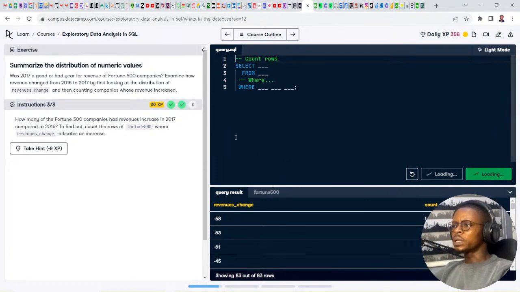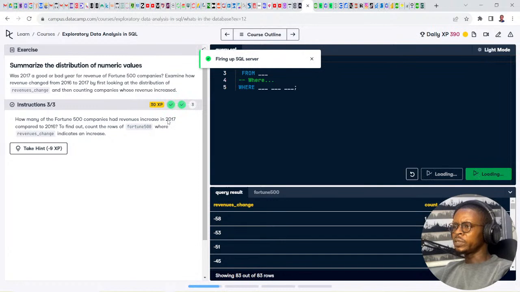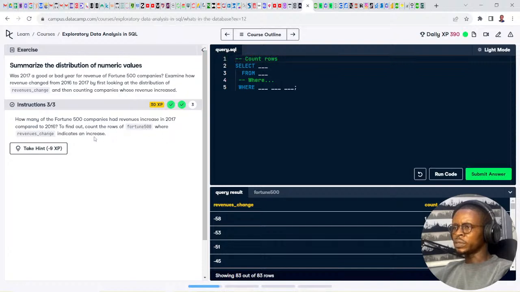So now the last step. How many of 4,500 companies had revenues increase in 2017 compared to 2016? To find out, count the rows of 4,500 where revenue change indicates an increase. So count the rows of 4,500. So I just say count star. Count star from 4,500.